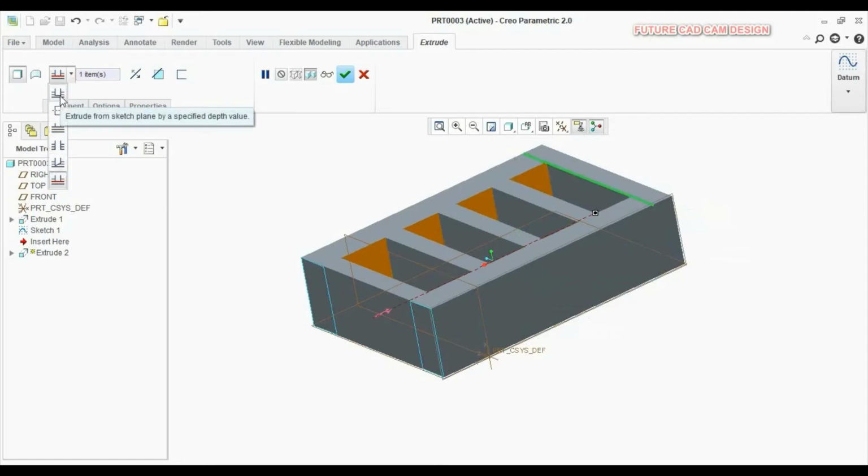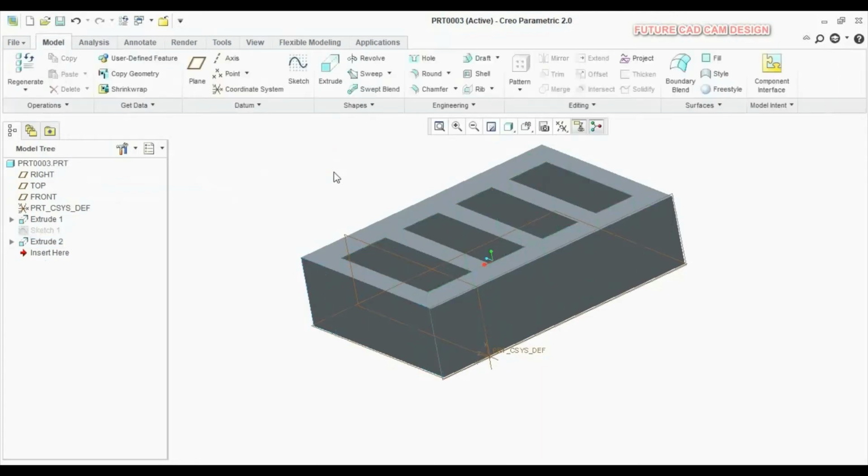So extrude by giving the specified depth is the first option. Second option is extrude symmetrically in both directions from a given plane. Third is extrude up to the next surface. I mean we can extrude up to the next face. Next is extrude to intersect with all the surfaces. So it will automatically extrude up to the last surface, and we can't control it. Next one is extrude to intersect with the selected surface. We can select the face up to which it will extrude. And the final thing is extrude up to a selected point, curve, plane or surfaces. So these are the basic things available in extrude. If you are clear with these 6 options, then you have learned the extrude option.